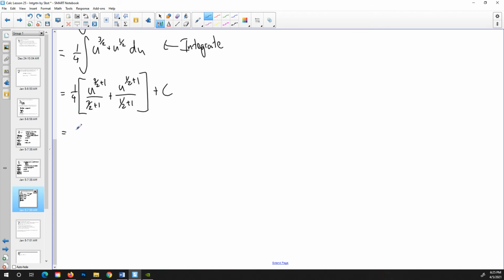And so let's simplify a little bit. Let's make it 1/4. This becomes 5/2 because 1 is 2 over 2 plus 3/2 is 5/2. When I divide by 5/2, that's like multiplying by 2/5 u to the 5/2. Similarly, half plus 1 will be 3/2, so I'll have 2/3 here, u to the 3/2 plus some constant c. I have to distribute this 1/4. So here we'll distribute